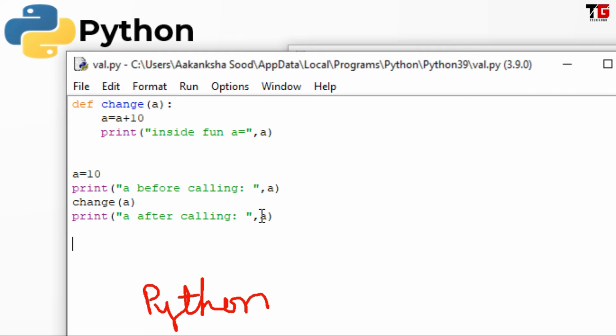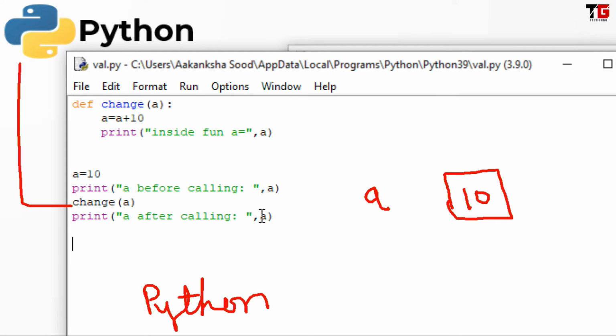When I declare a variable a, one memory location is allocated to this a, value 10 is stored here. Then I call this function change. I pass the value a, so this a is this and it will refer to the same location.